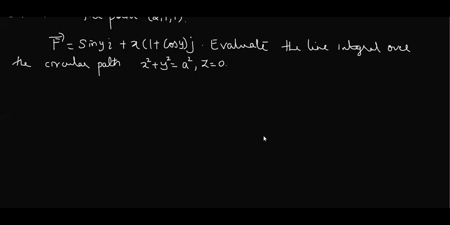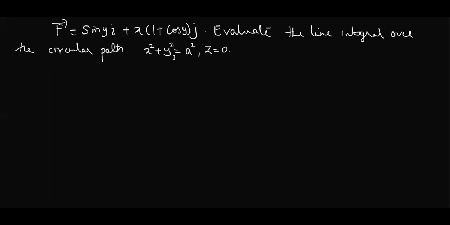See, if you compare this question with the earlier one, both look similar because the circular path is almost similar. But here, this is a little complicated. If you use the same parametric equations in the beginning and solve it, it is going to be a little more complicated and you cannot end up with the answer. So purposely I have kept these two problems at the end. The paths are same, but the solving part is different.